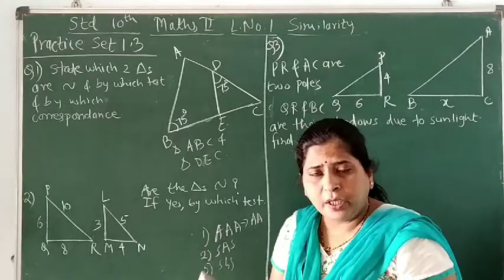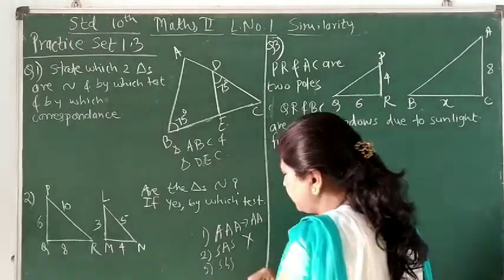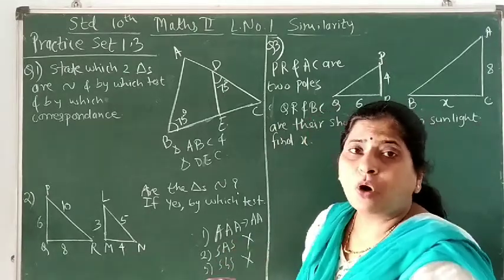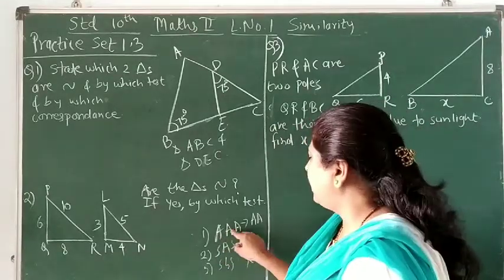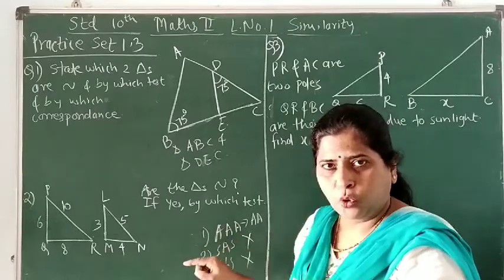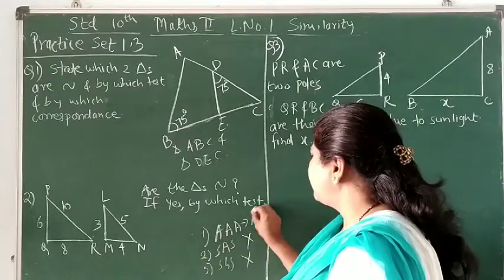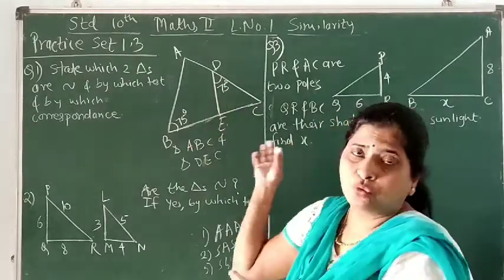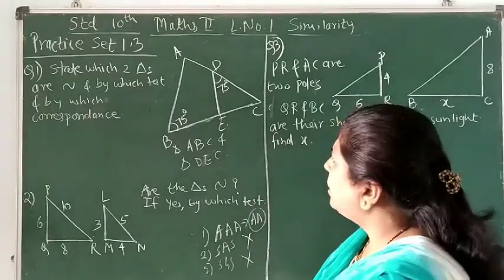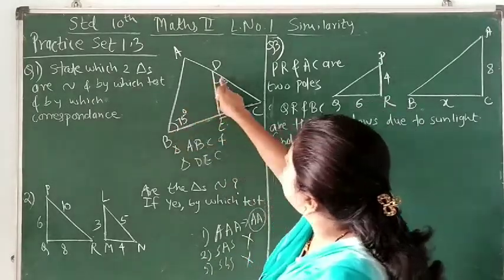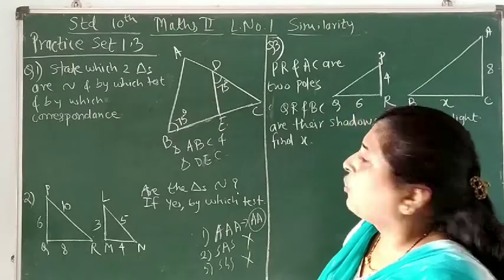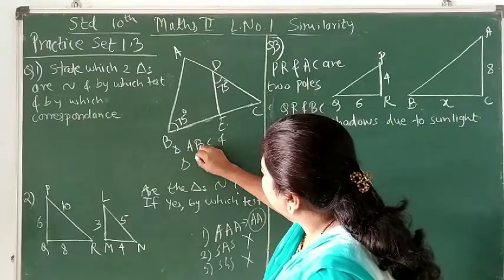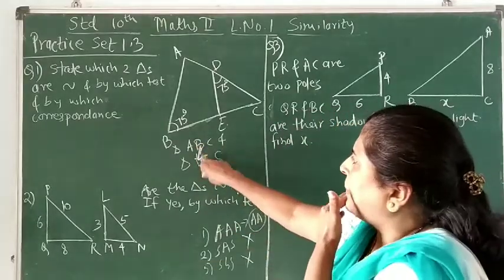Now as we do not know anything about sides, we cannot use the SAS or SSS test. So what test remains with us? Only corresponding angles being congruent, at least 2 angles we can show. If we can show that, then we can say these 2 triangles are similar. Now here we can see that angle B and angle D have the same measure of 75 degrees. So angle B and D can be corresponding angles, correct? So this is the pair B and D.